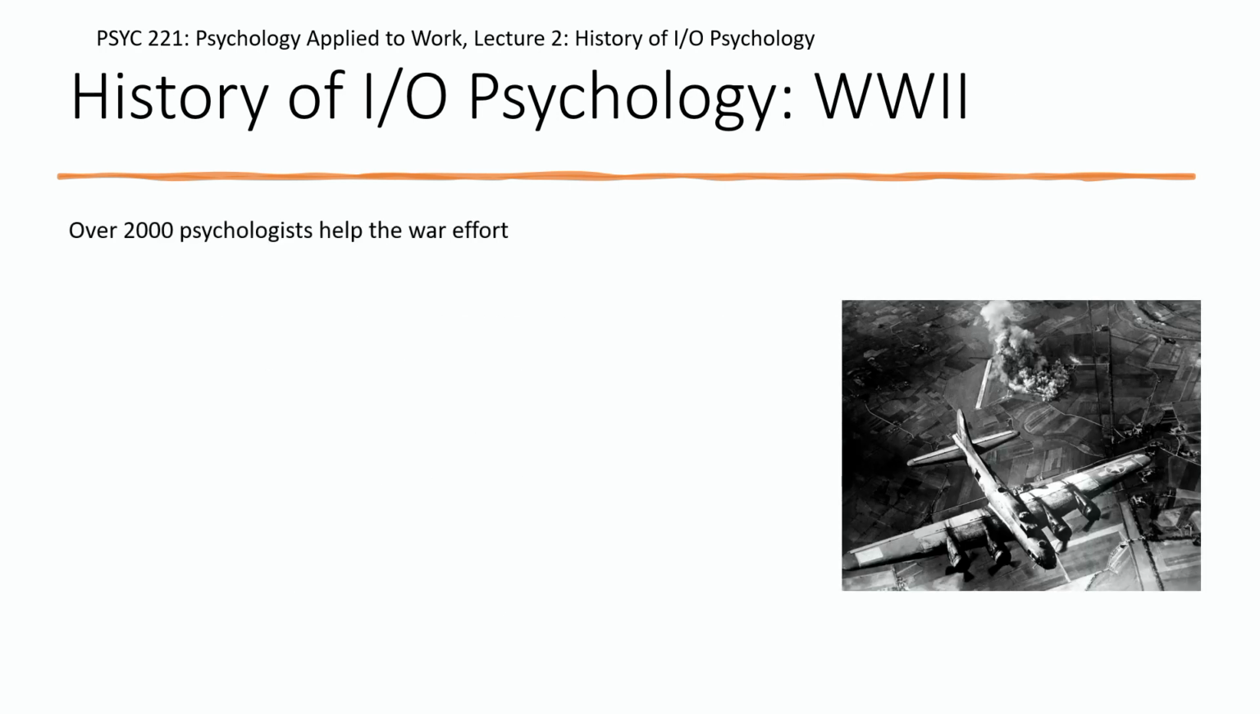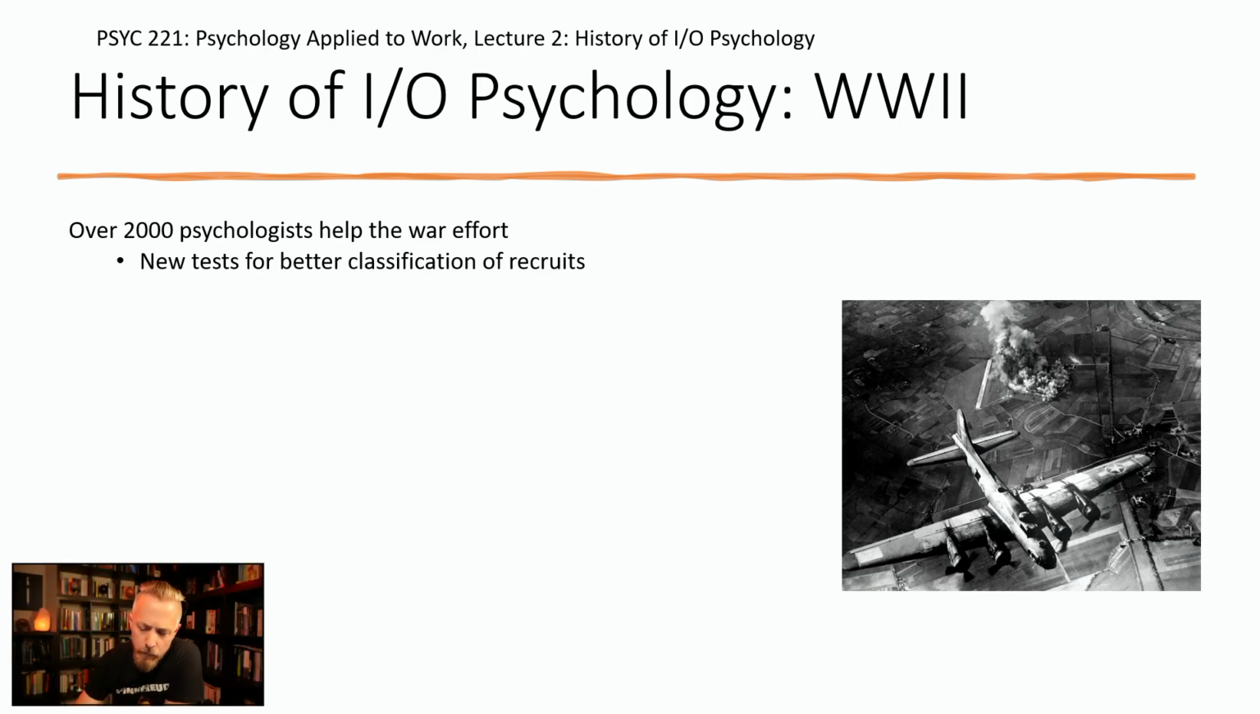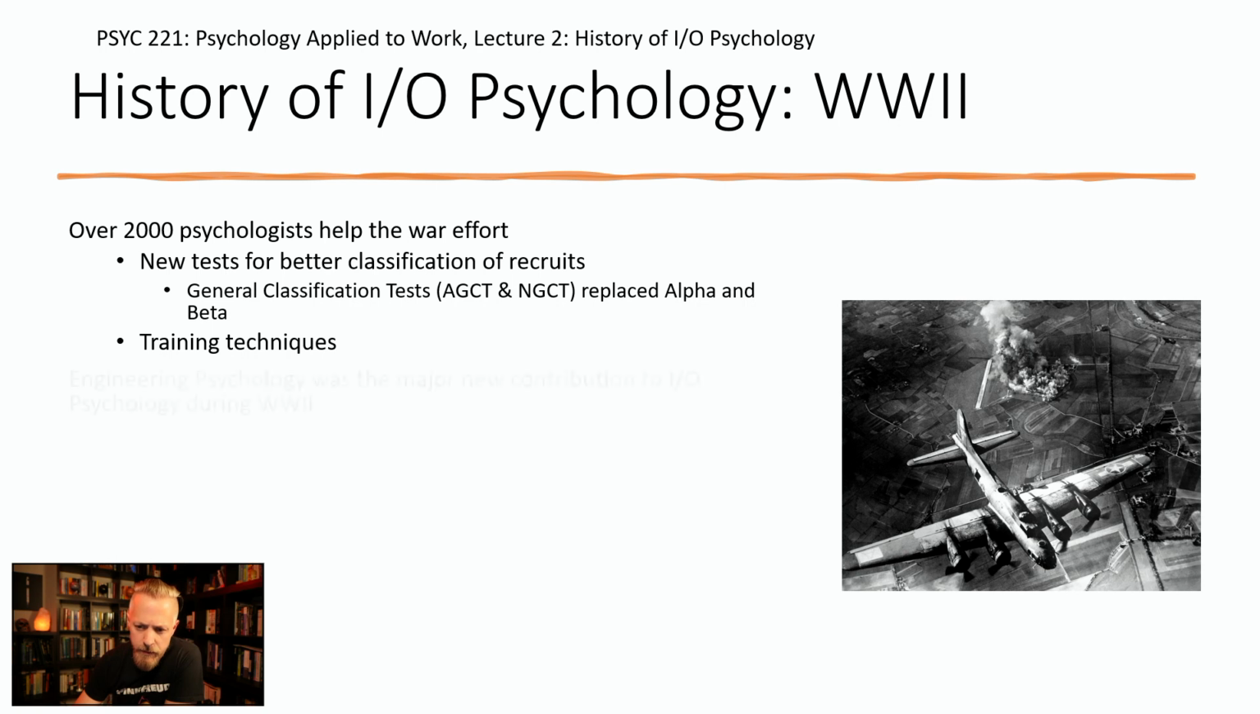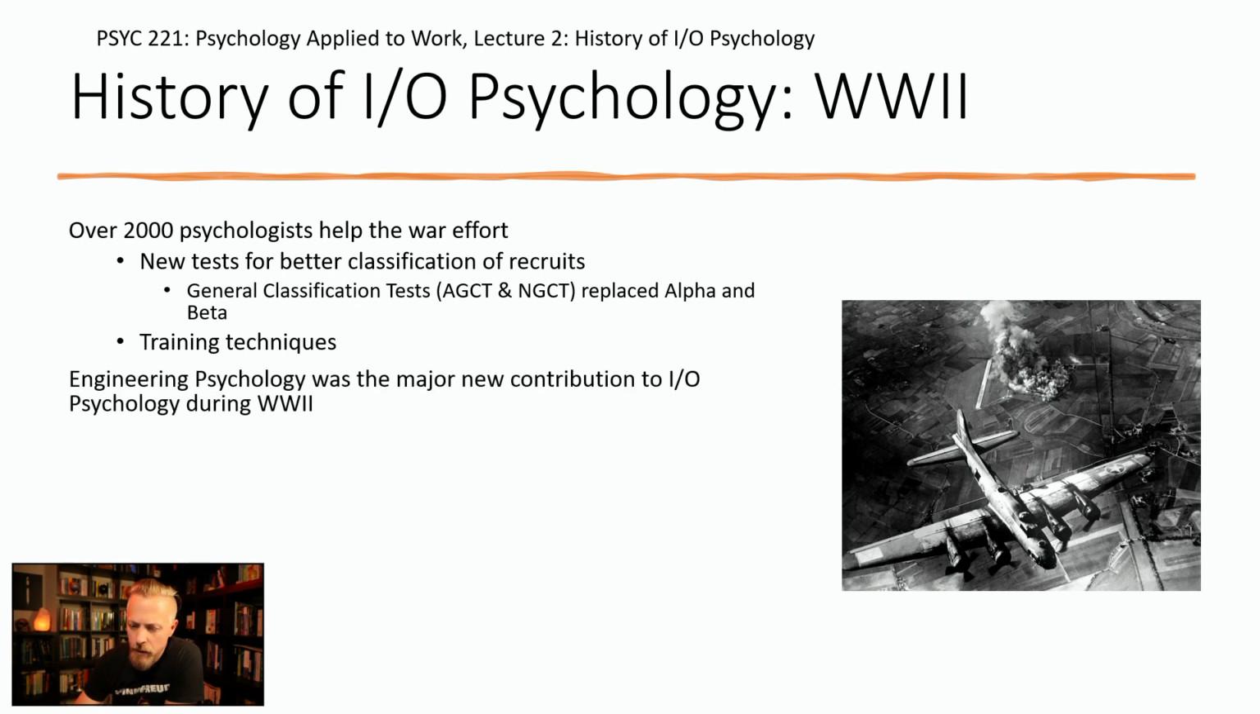Okay, World War II happened, and World War II was quite large, multi-year, and 2,000 psychologists got pulled into the war effort. An evolution of classification tests for recruits, alpha and beta, were replaced by more sophisticated tests, more training techniques. But the important part of World War II was the birth of engineering psychology,